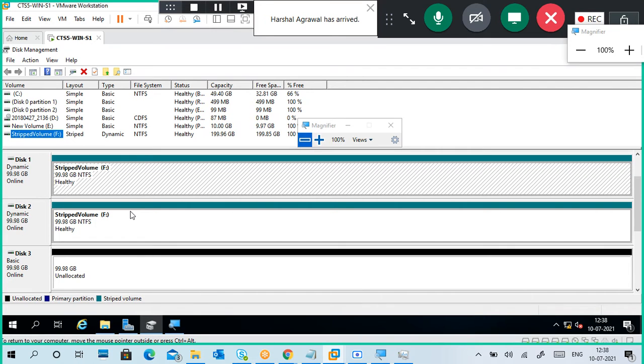In industry, you have to go with component availability. What components are there? Like you have a 1 terabyte hard disk, another 1 terabyte hard disk, a 2 terabyte hard disk.